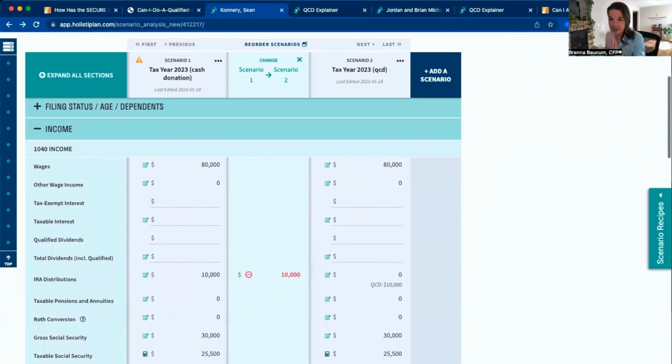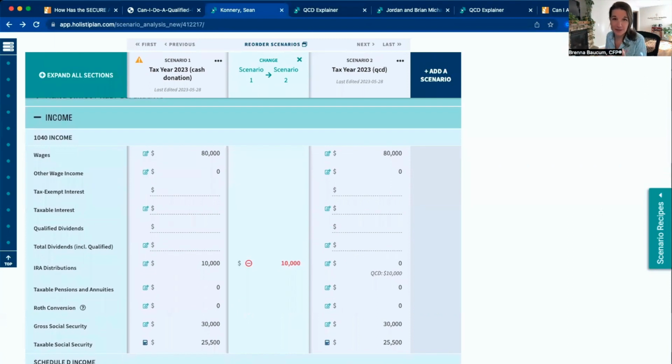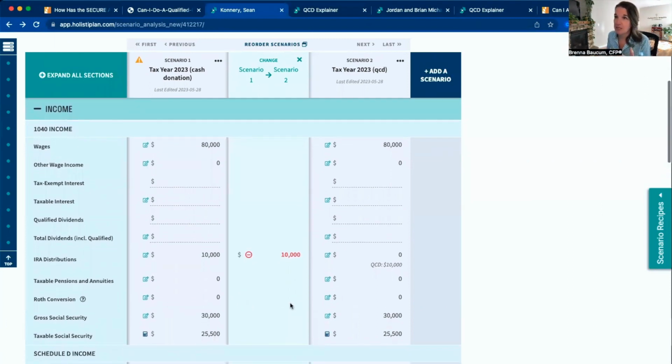What I'm showing you right now is the back end of some of the tax planning software that I use. On the left, we have Sean wanting to make a cash donation of $10,000 to his favorite charity, Doctors Without Borders, right? International charity, of course. And on the left, here it is. He's taking that money out of his IRA, and then he's gifting it to Doctors Without Borders